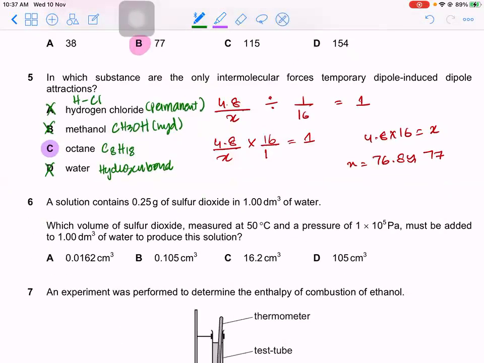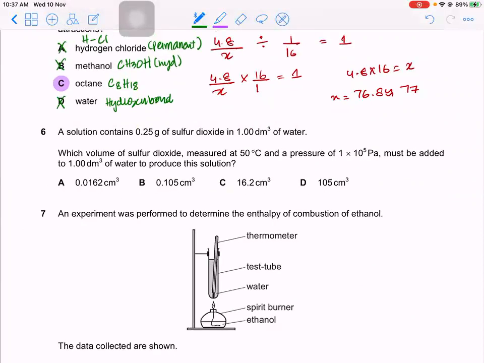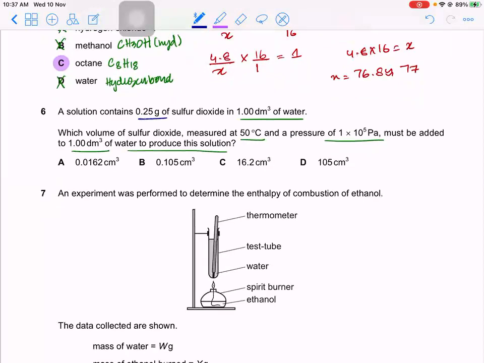Question number 6. A solution contains 0.25 gram of sulfur dioxide in 1 dm cube of water. Which volume of sulfur dioxide, measured at this temperature and pressure, must be added to 1 dm cube of water to produce this solution? So they are asking, this is the mass of sulfur dioxide in 1 dm cube of water. What volume should you add? So we will do PV is equal to